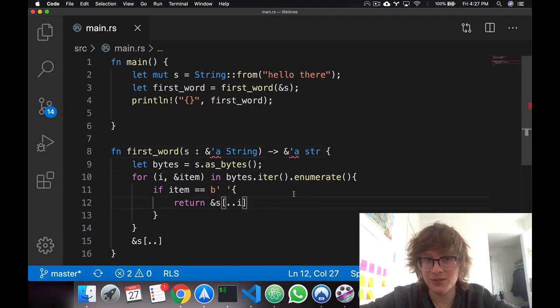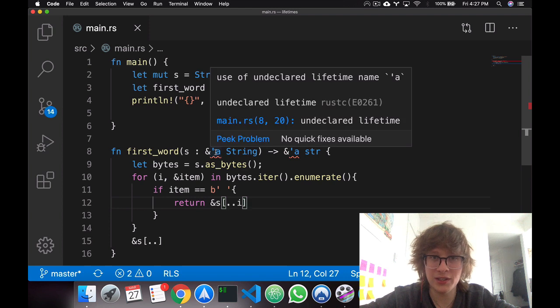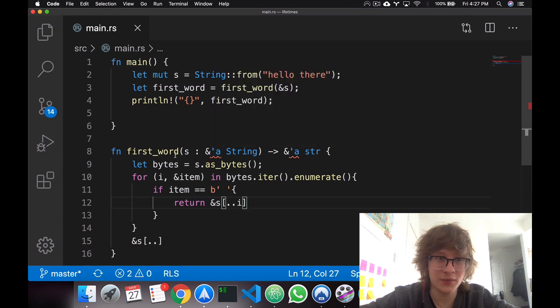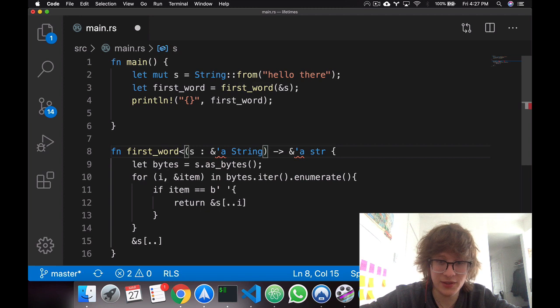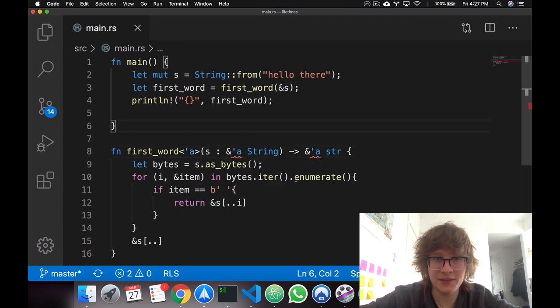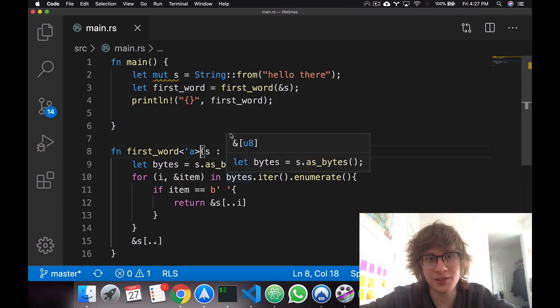And this works. Now here we have a squiggly line, use of undeclared lifetime a, because we didn't specify it there. And that works just fine. So in this case, the lifetime parameters were implicit, and the compiler did it for us,